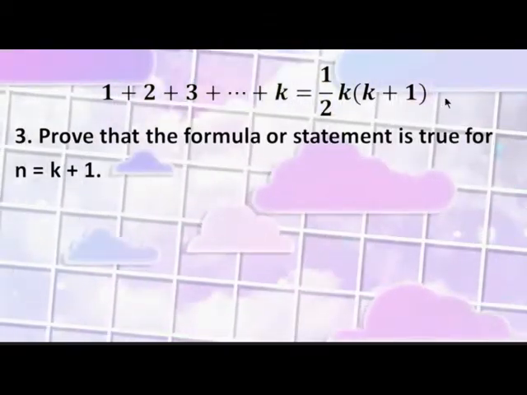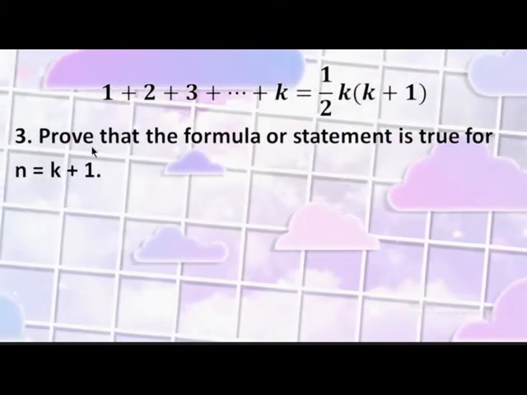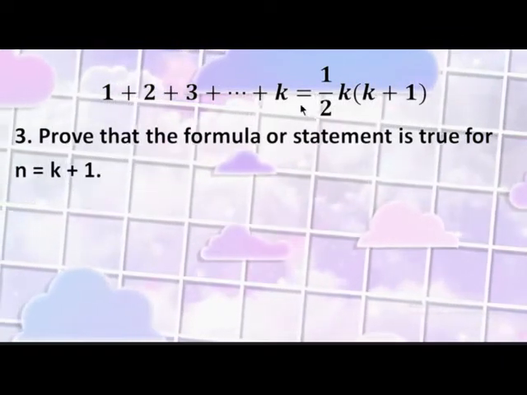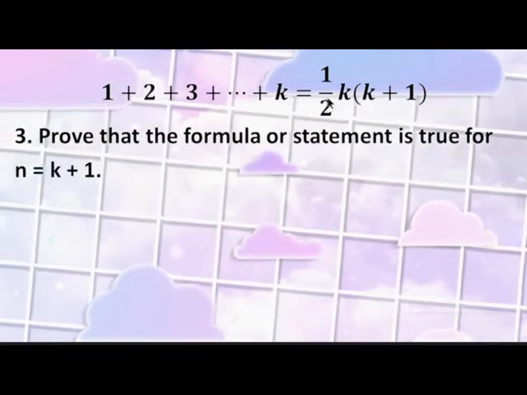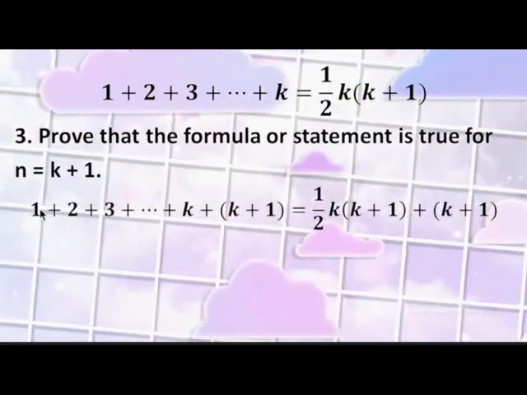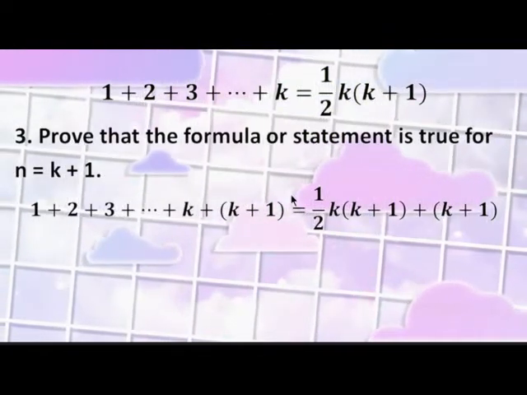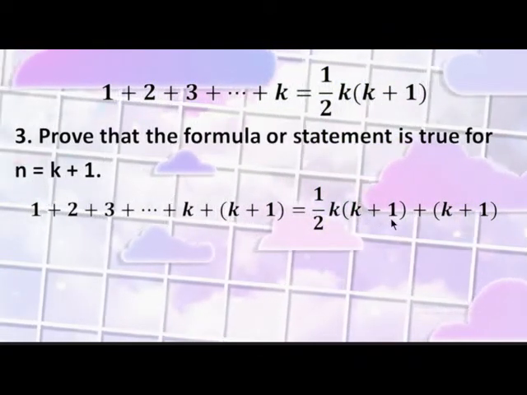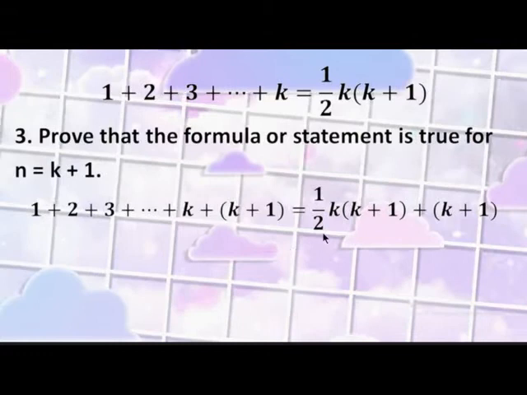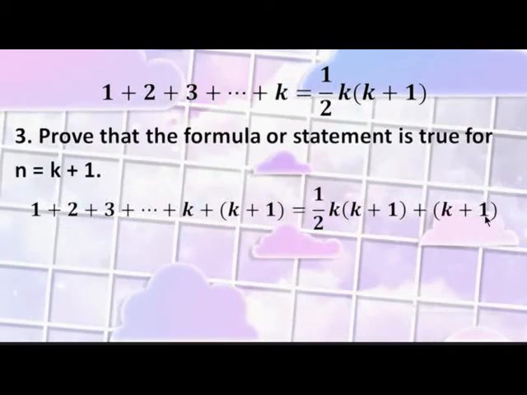So this is the formula when we substitute n equal to k. Now we are going to find the statement for n equal to k plus 1. The first thing we need to do, we add k plus 1 to this side and also k plus 1 to this side. So the statement becomes 1 plus 2 plus 3 plus ... plus k plus 1 equals 1 per 2 k times k plus 1, plus k plus 1. So we add k plus 1 on this side and also k plus 1 on this side. We are going to prove that this statement is true